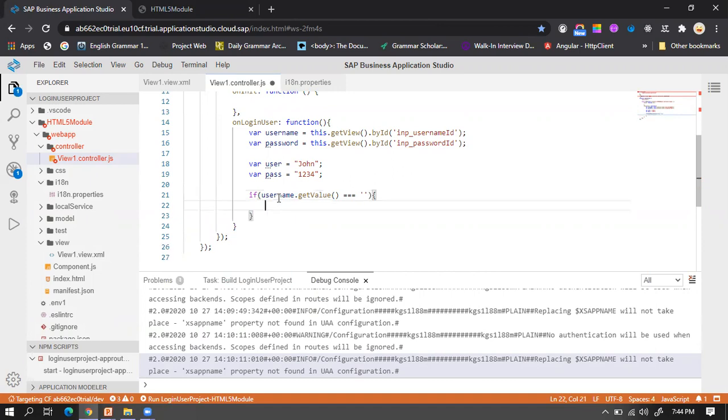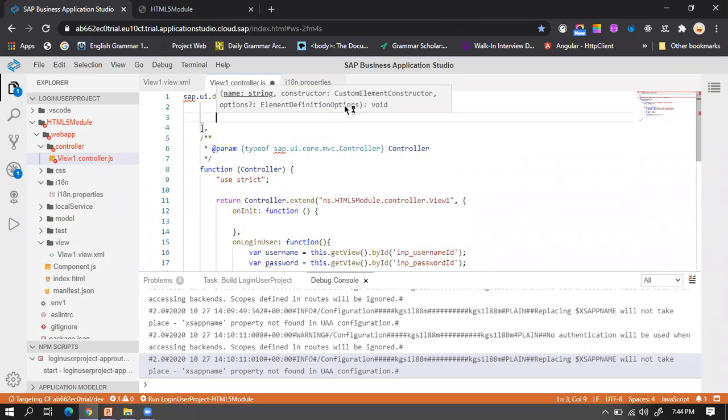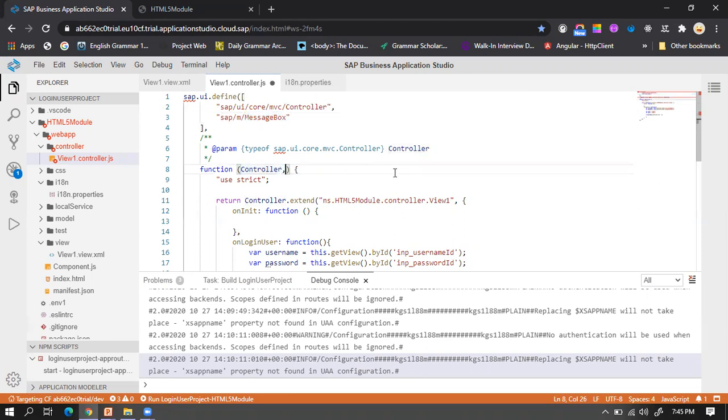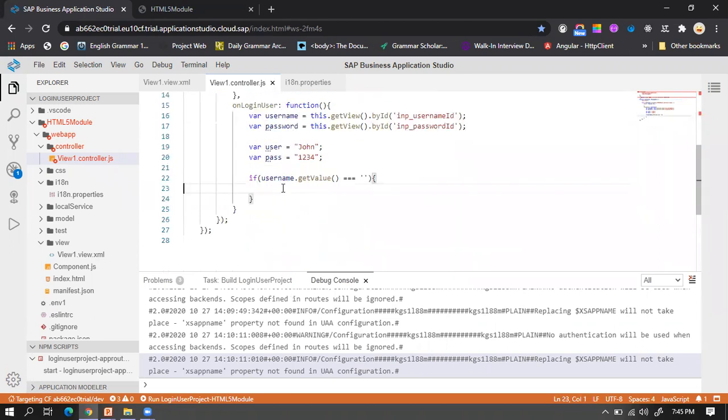If it's empty, then I want to declare one message box. To use the message box, first I will define it in the header. The MessageBox is defined in the library sap.m. Copy the MessageBox and pass it as a parameter to the function, so that it is available throughout this controller.